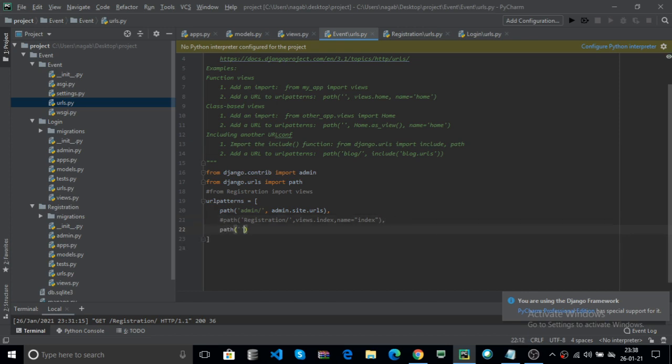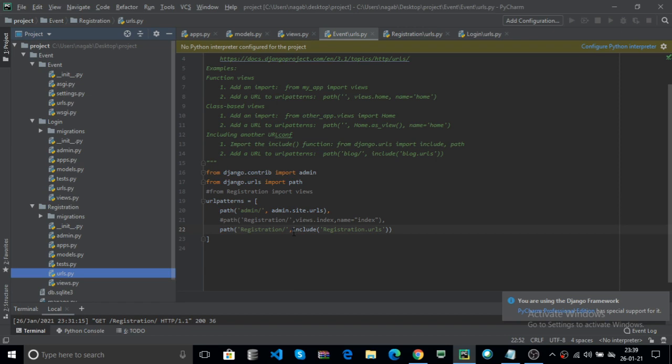Here, use registration, that is my app name. Here you can use anything. After that you can use include. Include takes, for example, registration dot urls, that is the registration urls.py.